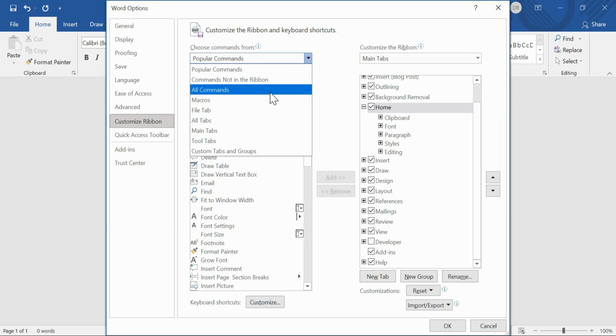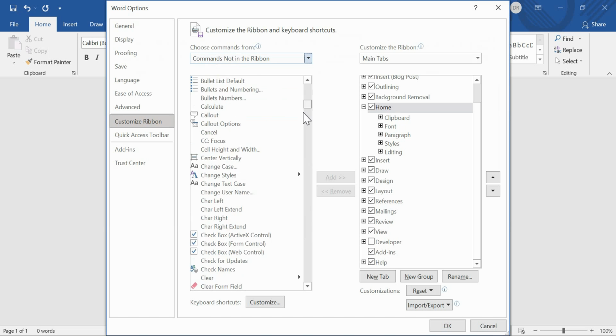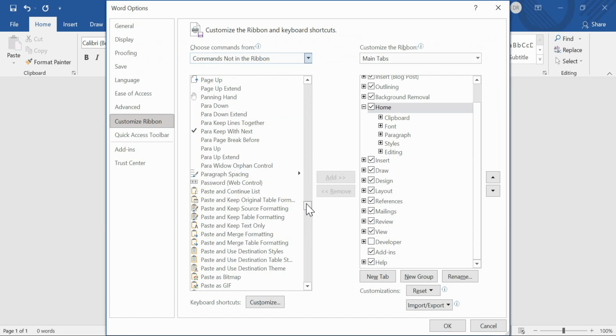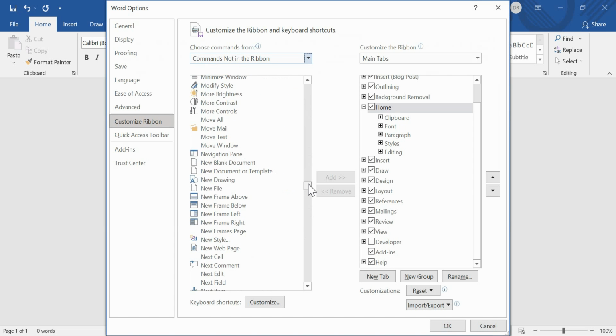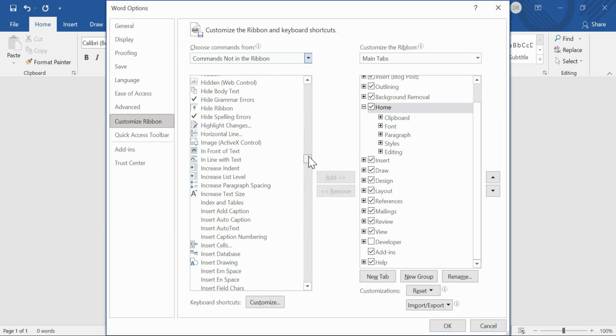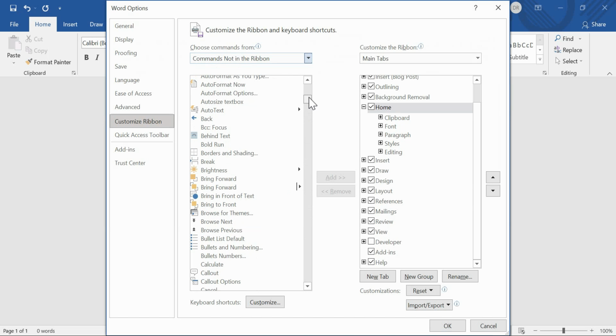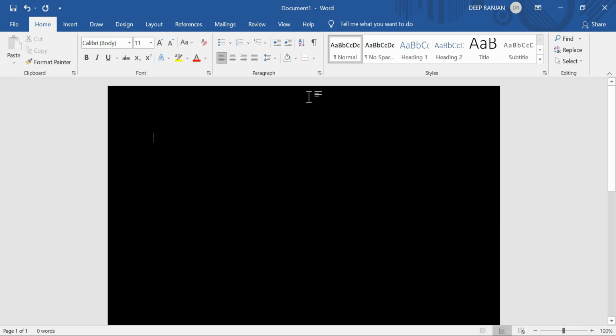Now if I try the pen option, I am just going to show you whether it is available or not. I searched for it in my Word, but it's not available, so I recommend that you try it on Word 2016.